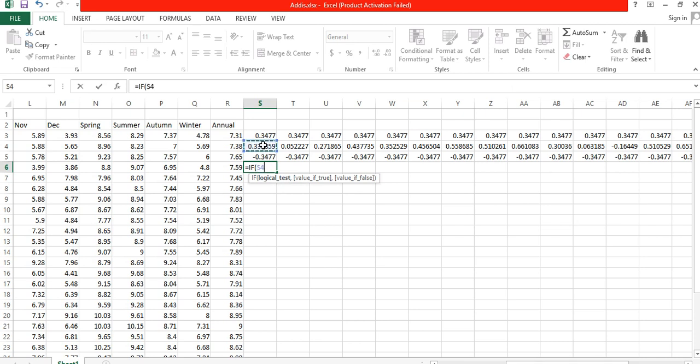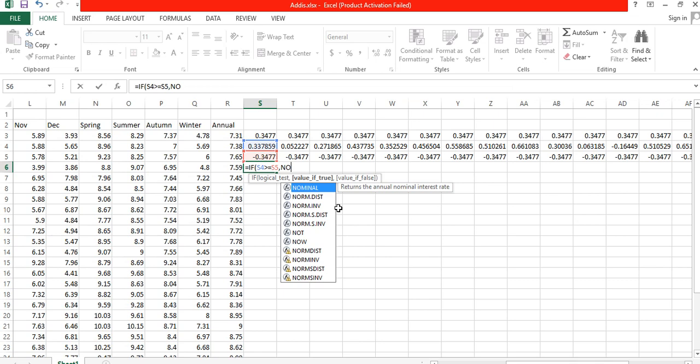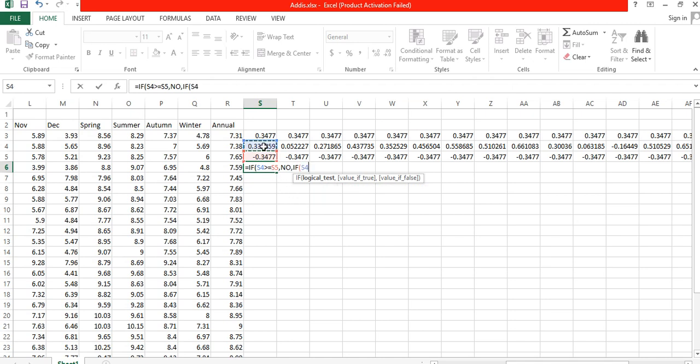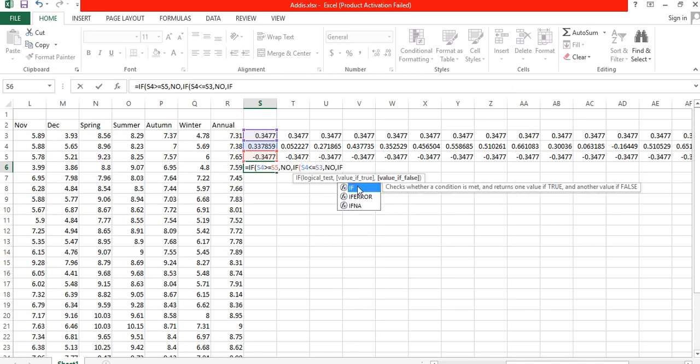If this value is greater than or equal to the lower limit, comma, type no significant autocorrelation, comma, if the autocorrelation coefficient is less than or equal to the upper limit, type no autocorrelation, comma, if the autocorrelation coefficient is less than or equal to the lower limit, type there is significant autocorrelation if it is outside, comma,